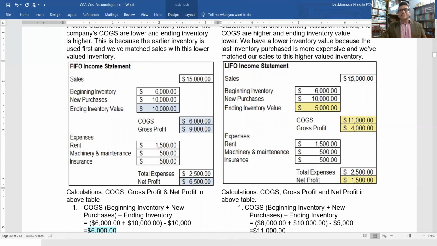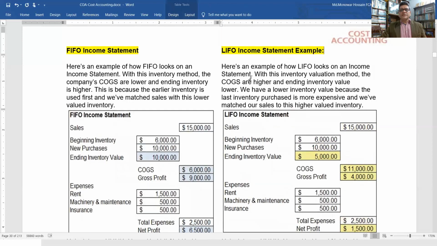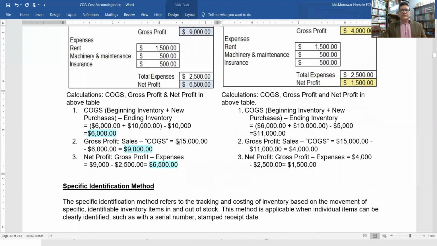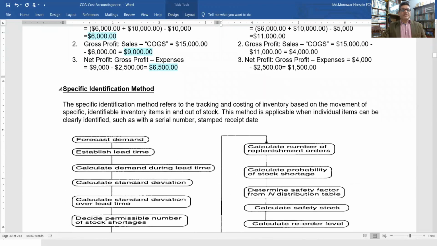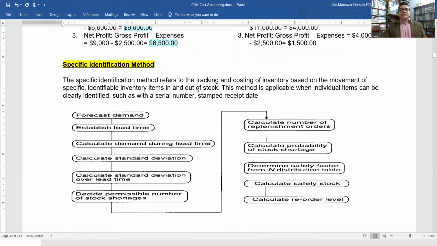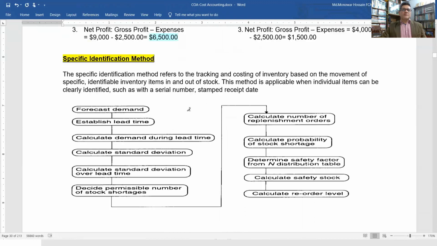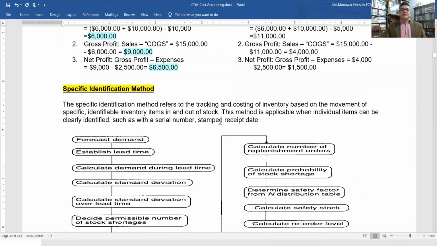Look, same sales, same inventory, the only difference is the ending inventory valuation. That means the cost of goods sold is higher than FIFO. FIFO has a lower cost of goods sold than LIFO. So here is all the calculation, and then the specific identification method. That means a specific item has to be issued from the factory to the